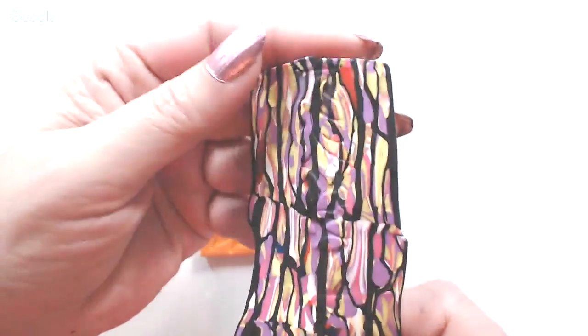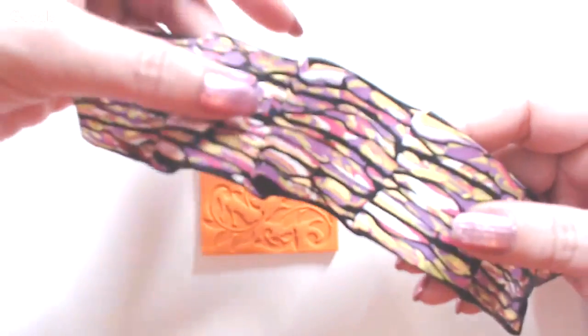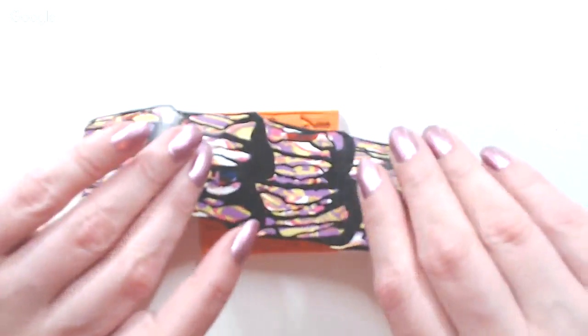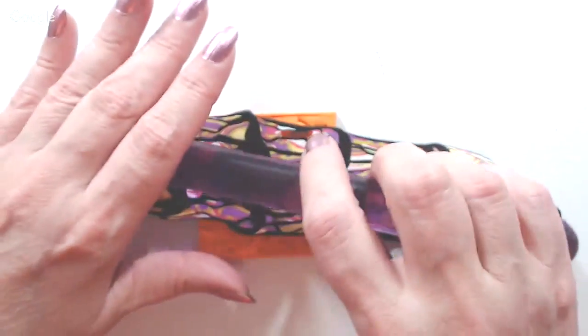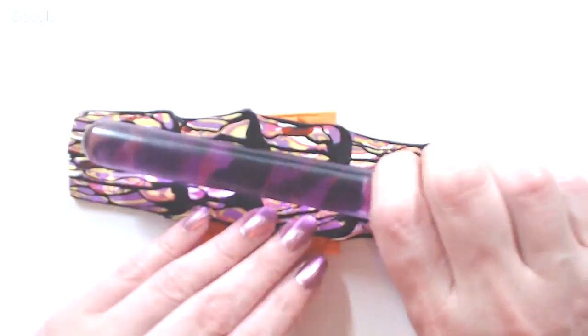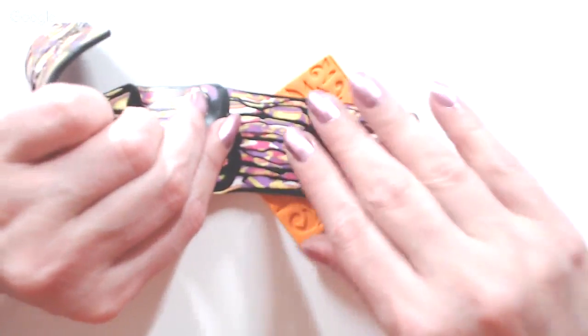See, I have a few prints here raised. You cannot see them right now very well because they are on all this patterned thing. Now feel where it ends, feel with your finger where it ends, and place it about at the end of the stamp, and give it another little push. Not a lot, just a push, so you get the raised area. And again, feel where you have it, and put it pretty much at the end,